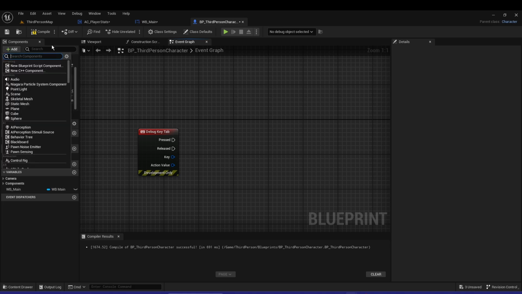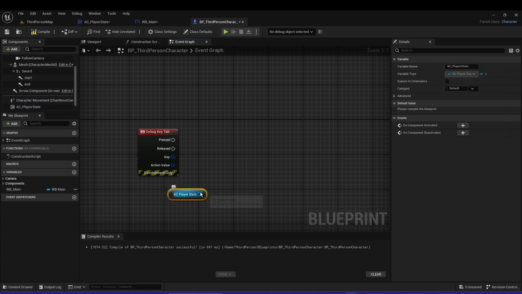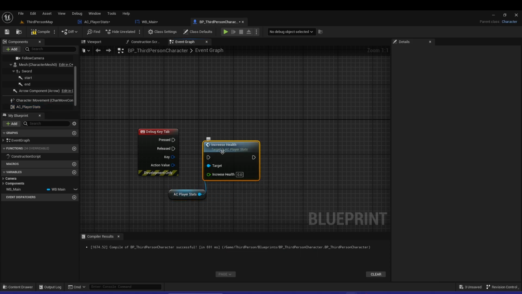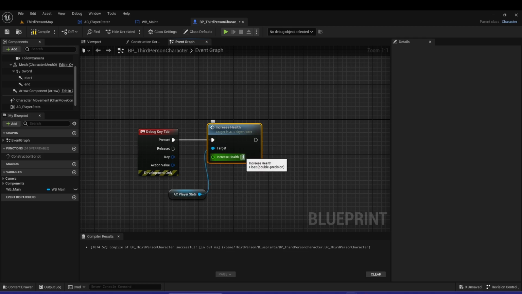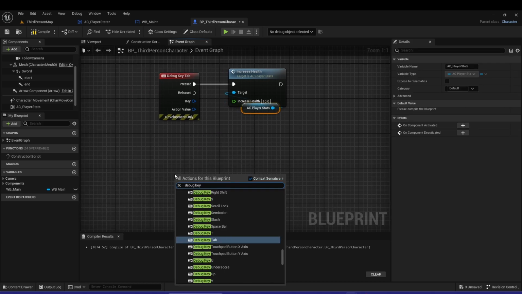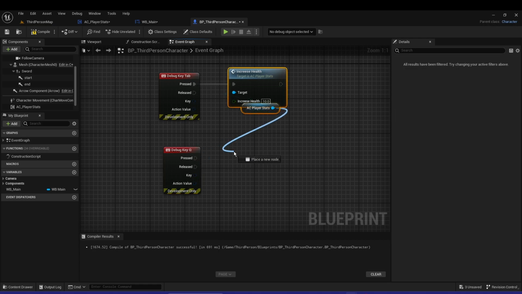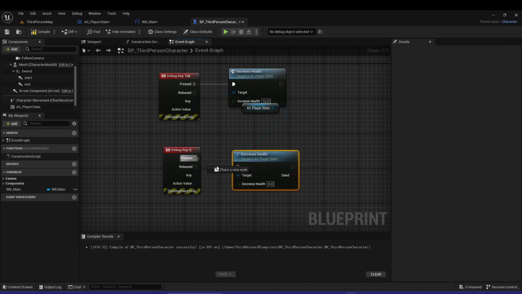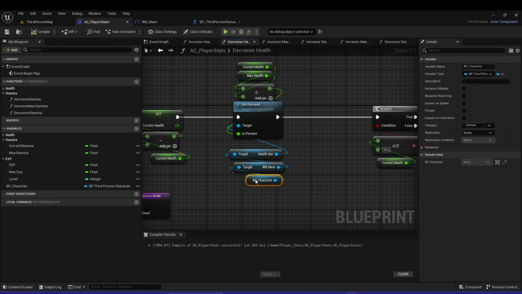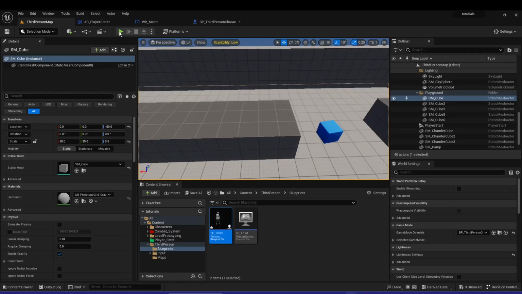So let's add a component called AC player stats. Let's have the player stats, and let's do increase health by 20, for example. Or let's do 10. Let's do 10. And let's have another debug key. Let's have it as, for example, Q, and this will be decrease health by 20, for example. And if you play,